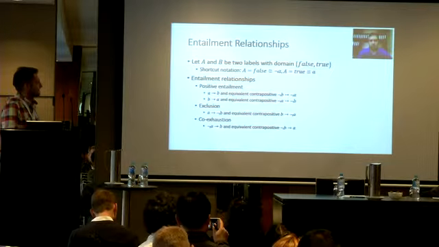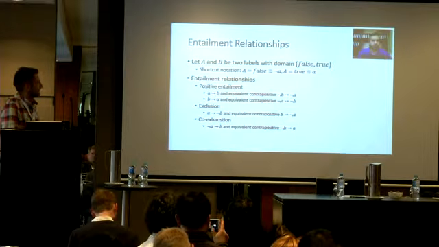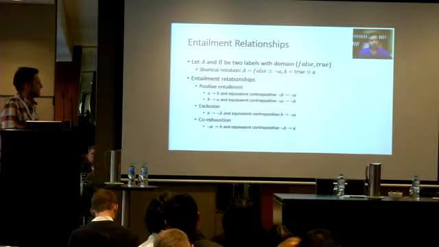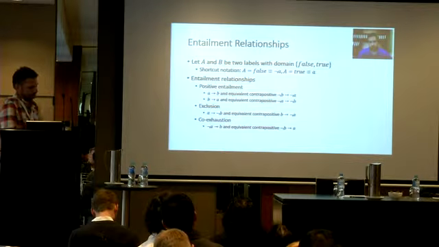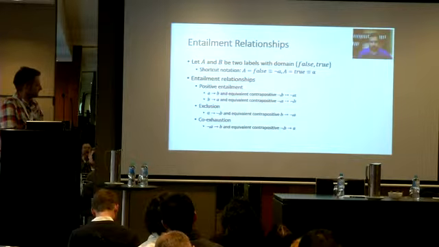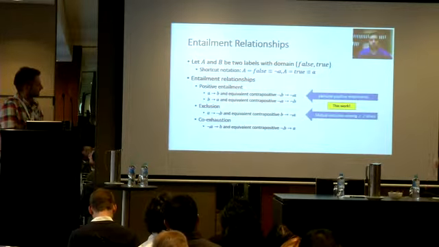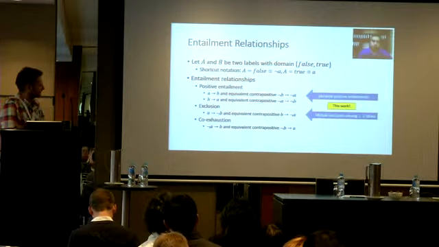We examine entailment relationships among the labels in a multi-label learning task. For example, consider two labels A and B. For these two labels, there are two positive entailment relationships among them: A entails B, and B entails A. There is also the exclusion relationship, A entails the negation of B, and the coexhaustion relationship, where the negation of A entails B. Our work focuses on positive entailment relationships between pairs of labels and mutual exclusion relationships among two or more labels.